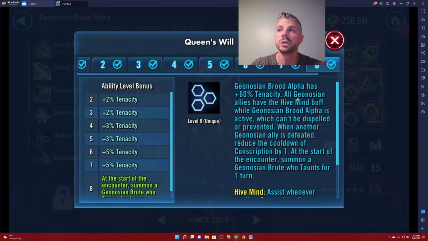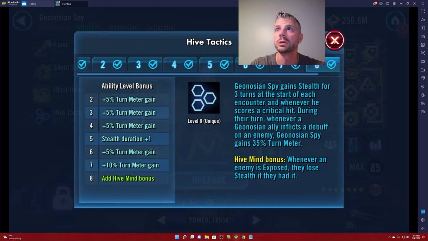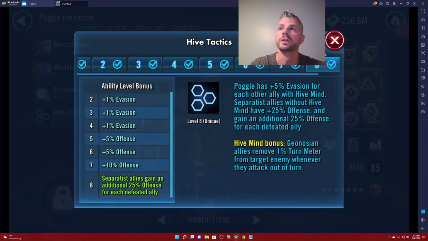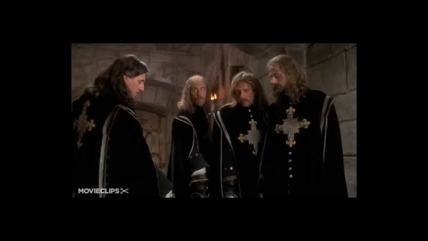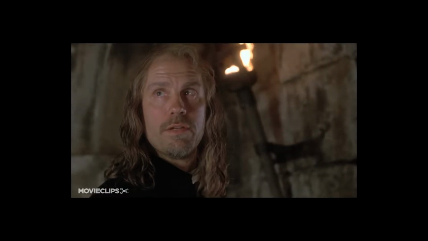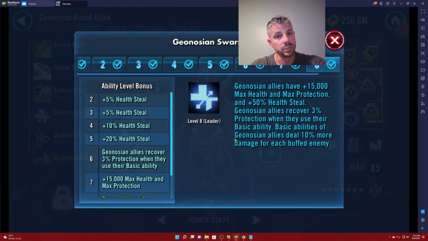And the Queen's Will, as long as he's alive, all Geonosians have the Hive Mind buff, which is unique for every single one of them. That's going to give bonuses for all of them. One for all for one. It's absolutely crazy. And his leadership, which is pretty much when you're running a bug team, the only leadership you're going to use, all allies have